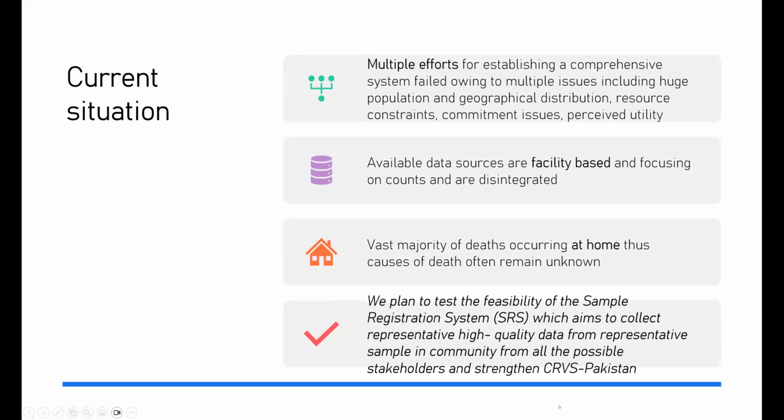Currently, as I said earlier, we've had multiple efforts from donors and partners for a comprehensive system, but it failed owing to multiple reasons, because we have a huge population with vast geographical distribution as well. We are, of course, an LMIC, so resource constraints and commitment issues are also there.